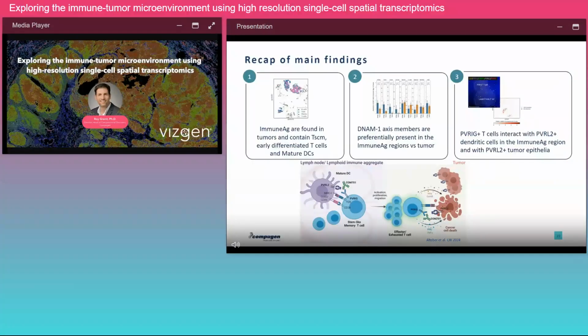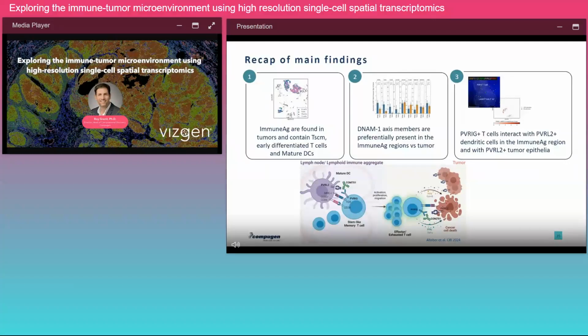So to summarize, using this tool, we were able to show that immune aggregate regions are found in tumors that contain TSCM, early differentiated T cells, and mature disease in a unique way. We found that the DNAM members are preferentially present in these immune aggregate regions versus the tumor, where we have